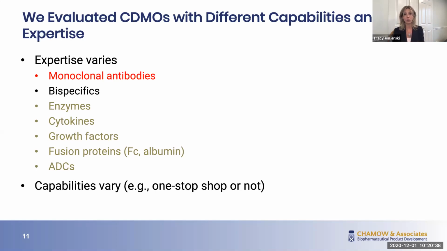Other CDMOs are very well versed in working with ADCs, which have a more complex supply chain and approach to going from start to completion. And CDMOs such as Piramal are an example of one organization that can help clients when they are taking